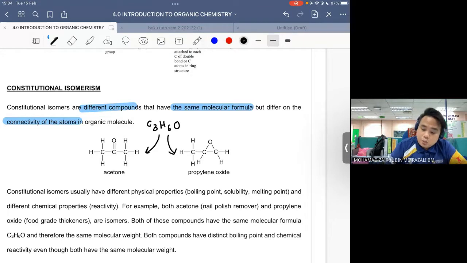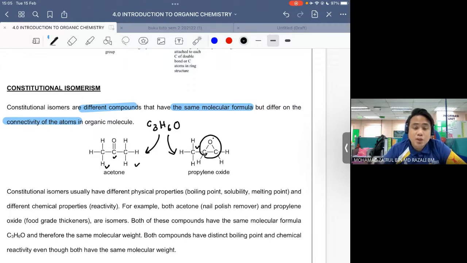So kalau kita tengok one of the structures, we have CH3, C double bond O and CH3, and another one of the structures having the same molecular formula itu, kita ada CH3, kita ada macam cyclic ether ni dengan another CH2. So kalau awak tengok structure dia is totally different, dan kalau kita boleh detect pun the functional group also different. Tapi the similarity between these two compounds, both have the same molecular formula. Itu yang kita panggil sebagai isomer. And each of the structures of the isomers may have a difference in terms of the physical properties or the